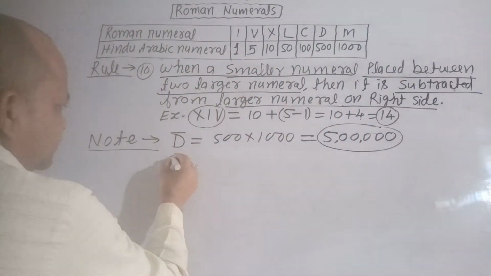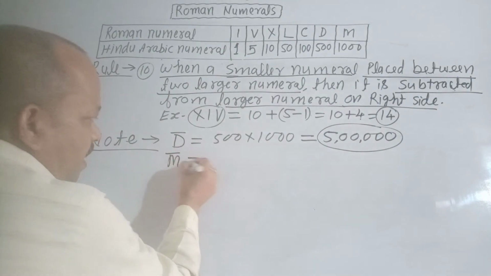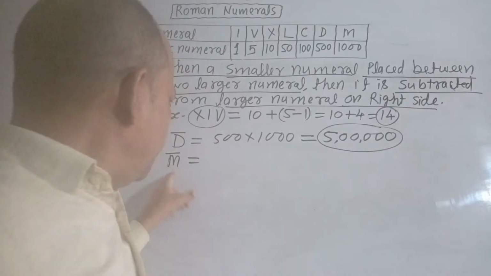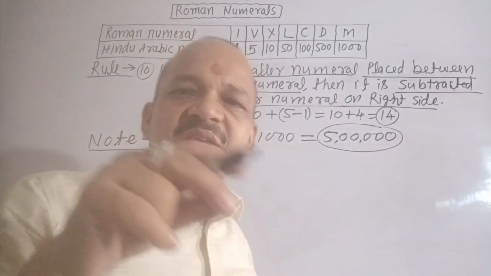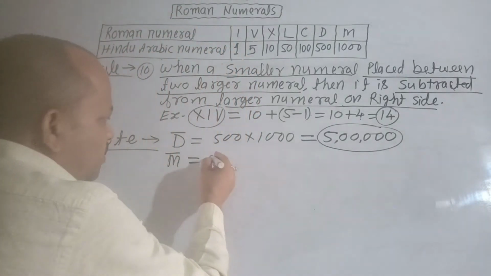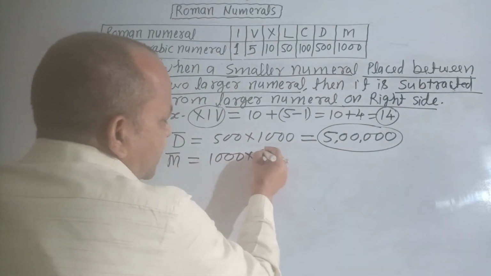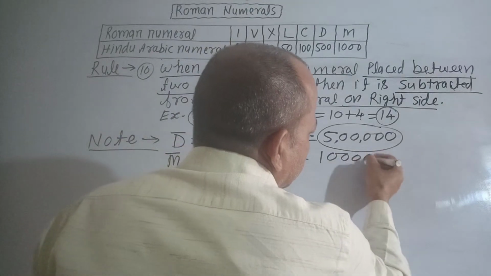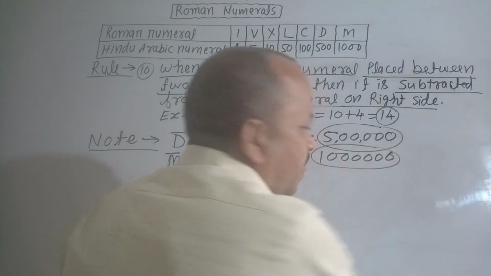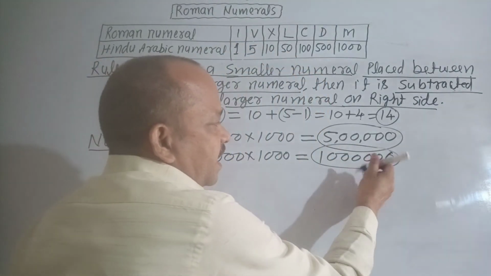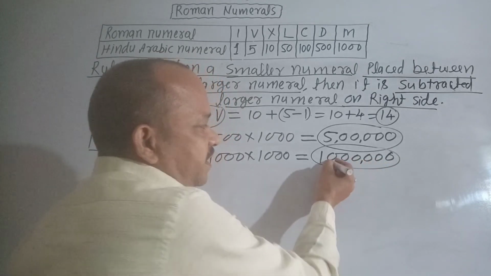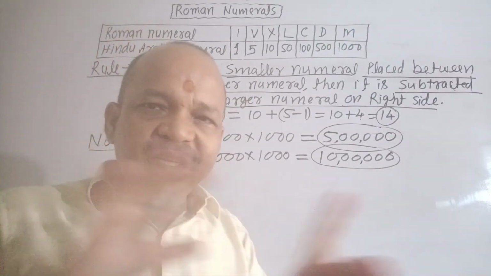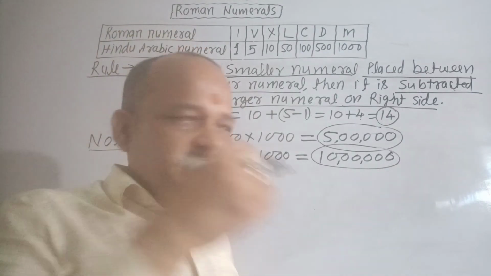Next, M bar. The value of M is 1000. Bar means multiply by 1000. Clear? Here you can write 1000 multiply 1000. It becomes 1, 10, 100, 1000, 10,000, lakh, 10 lakh. It becomes 10 lakh. Clear? No confusion. Next,